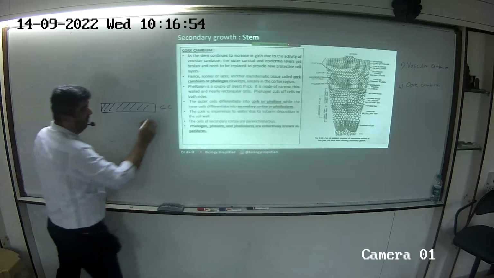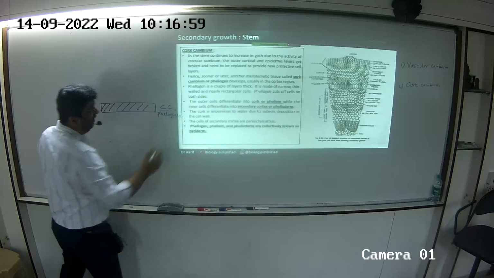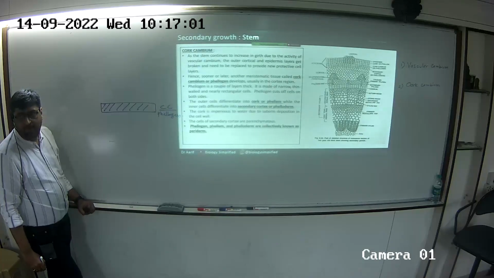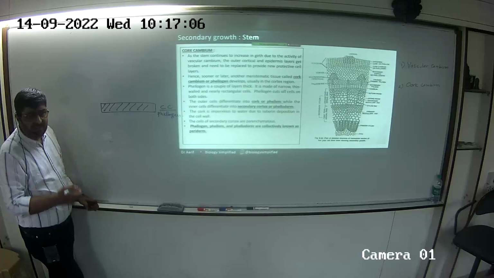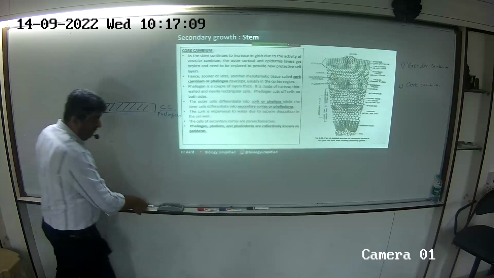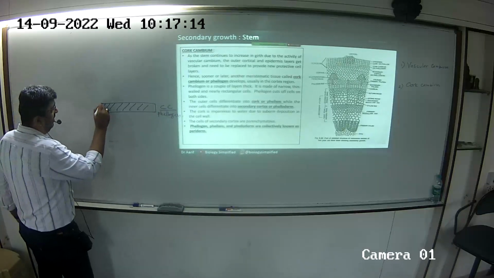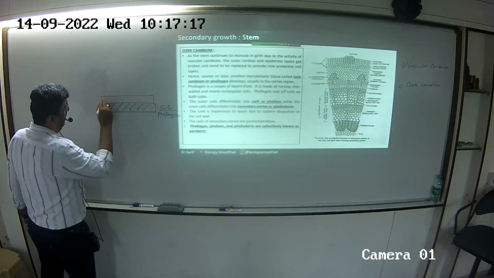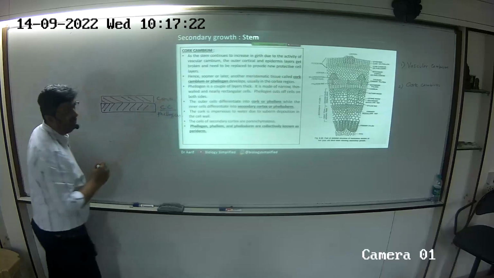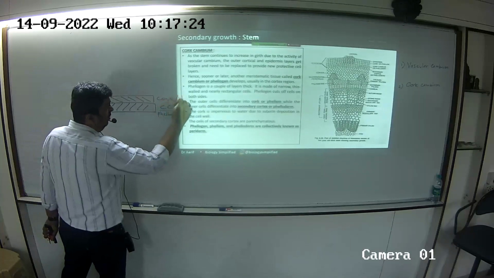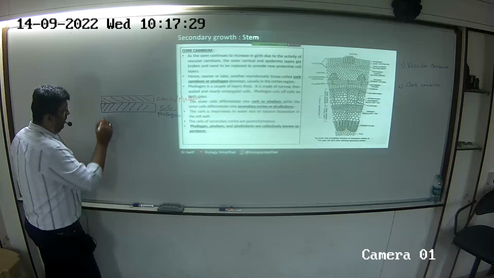The cork cambium is also called as the phellogen. Again it is cambium. Will it cut cells on both the sides? Yes. Cambium always divides on both the sides. On the outer side, it will form cork. The cork is also called as phellem. On the inner side